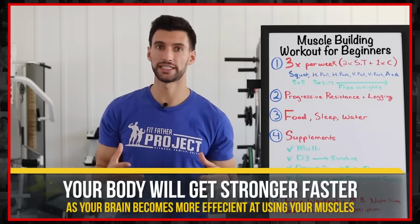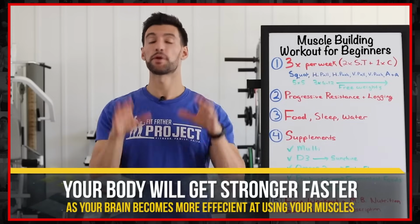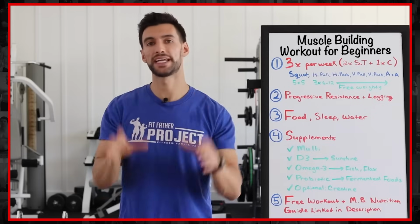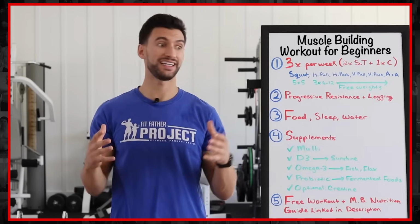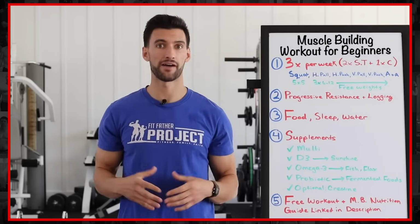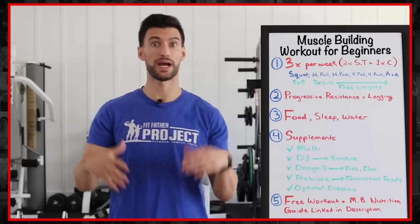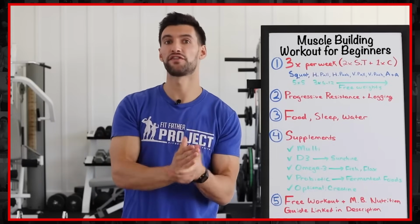Because neurologically, your body is going to get a lot more efficient at recruiting the muscle that you have. I'm going to make up these numbers, and the numbers aren't important, but the concept is. When you begin strength training, it takes a while in the first couple months of exercise for your body to even get good at using the muscle you have. You might be at 30% efficiency, maybe 50% efficiency. So you have 100% of muscle, but when you're recruiting your muscle in exercise, you're only using 50% of your